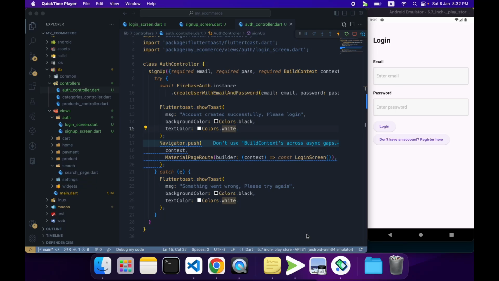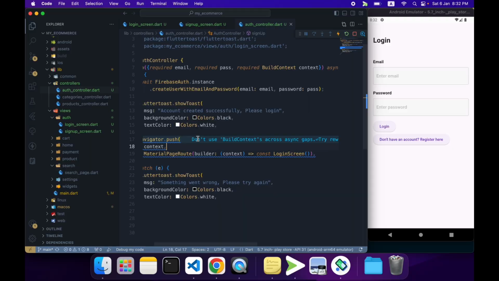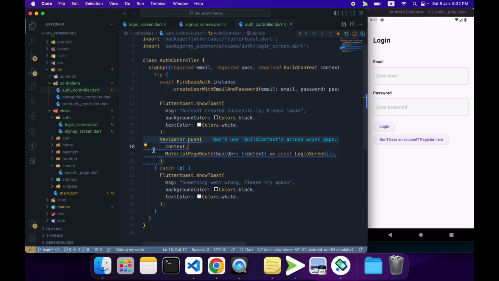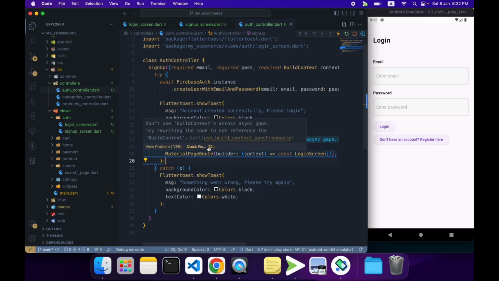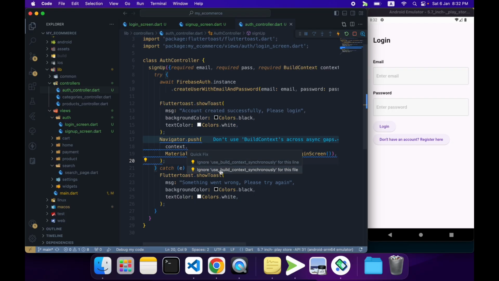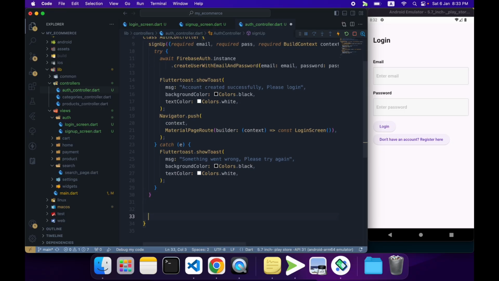Let's see how we can do login using Firebase. So in our auth controller, in the sign up function, you see this warning right here. We can hide this warning. Simply hover over this and click on quick fix, and say ignore for this file, and the warning will be gone. So just like the sign up, we will create another function, call it login,